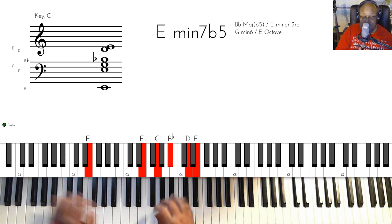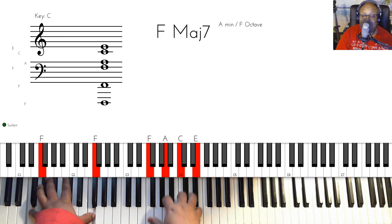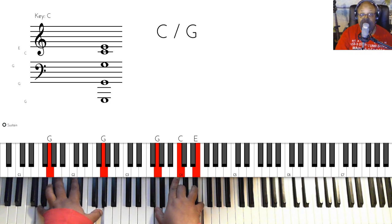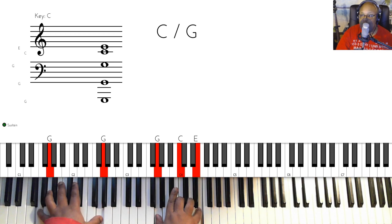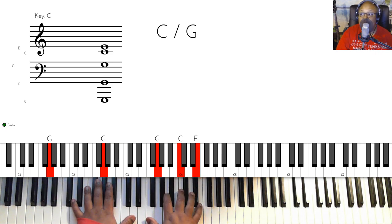So when you get to the bridge of the song, you want to go to F major 7, and you're going to hold it for 4 beats this time. F on the left hand, F, A, C, E on the right hand, which of course is face. 1, 2, 3, 4, and then you're going to do C over G. Okay, G on the left hand, G, C, E on the right hand. 2, 3. Now you're going to play a progression where each chord you're only going to hold for 1 beat, and it's going to be,